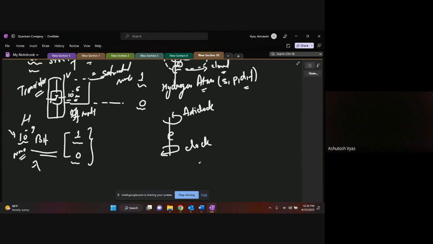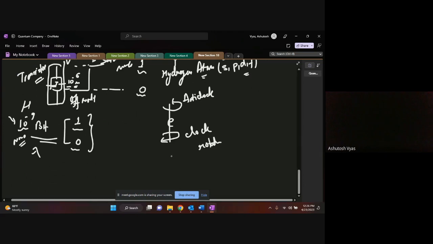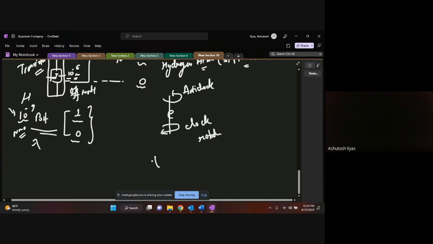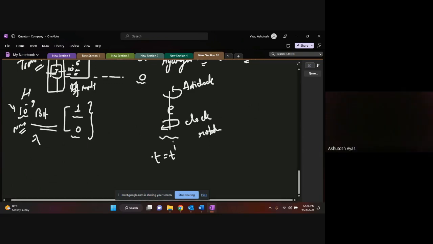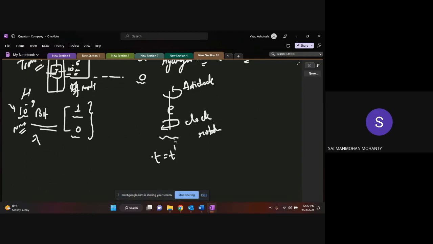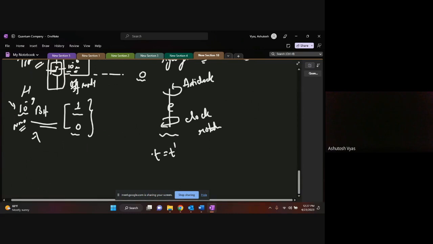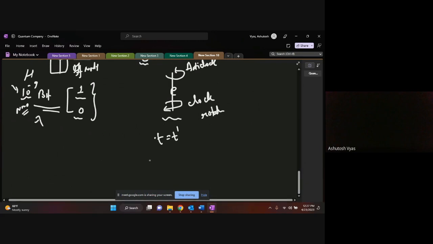And another thing I will ask now. Can, at a particular point of time, t equal to suppose t dash, anybody tell whether it's a clock or an anti-clock rotation? Can we tell this? No, sir. Because it's arbitrary. We can't predict that. Absolutely correct, right? So because we cannot predict that, and this electron is revolving clockwise and anti-clockwise on its own axis, we try to put it in a mathematical formulation.